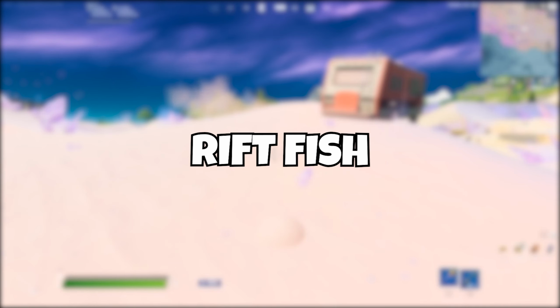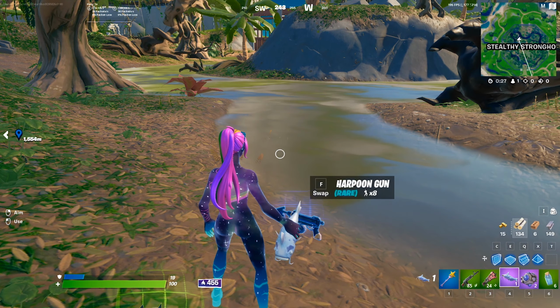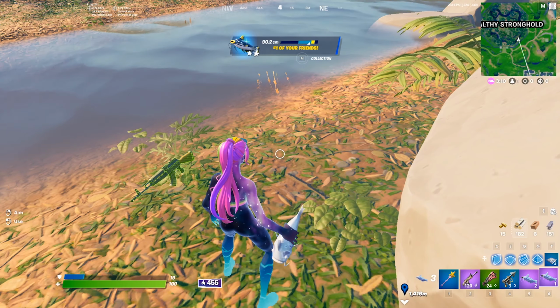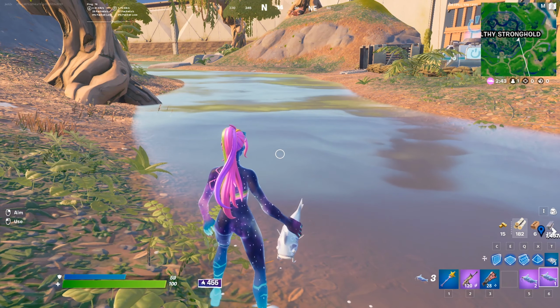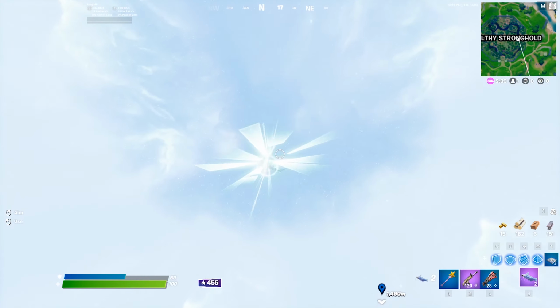Now let's take a look at the rift fish. Okay, so I was just fishing, and now I have a rift fish, which is super freaking cool. We're gonna use it in just a second. So it looks like the rift fish have to be carried in stacks of 2 as well. Alright guys, we finished fishing, so I'm gonna use the rift fish. I don't even know what's gonna happen. Let's see. Oh my...